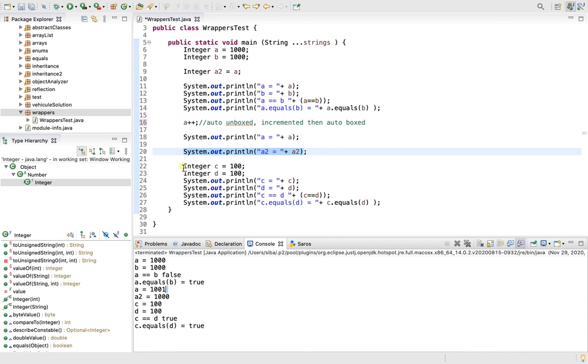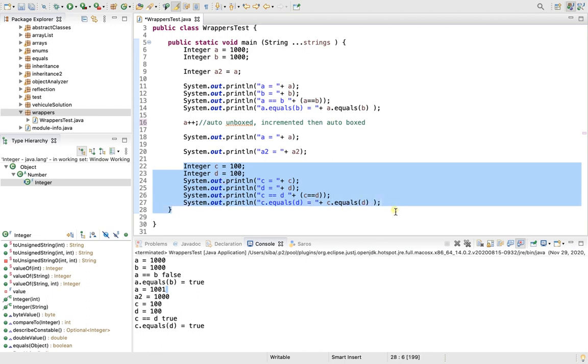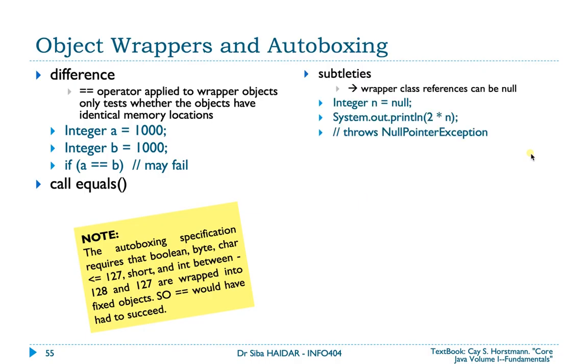And here is the example for 100, 100: the == gives true, and the equals method gives also true. So let us continue our lesson and see that there are some subtleties, for example, wrapper class references can be null. Since this is an object reference, sometimes it happens that this Integer n stays null or is passed as a parameter without being referenced, etc. So watch out for